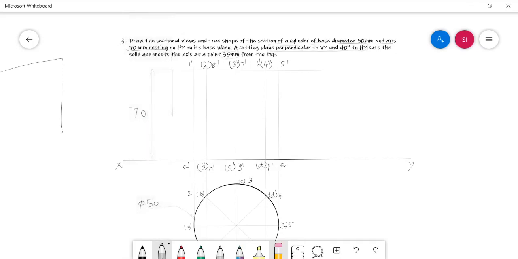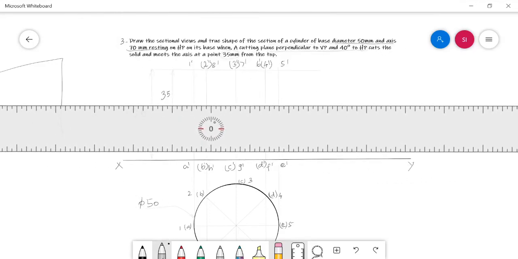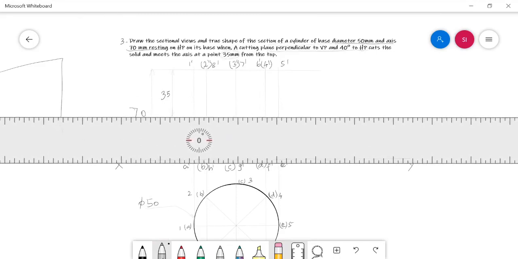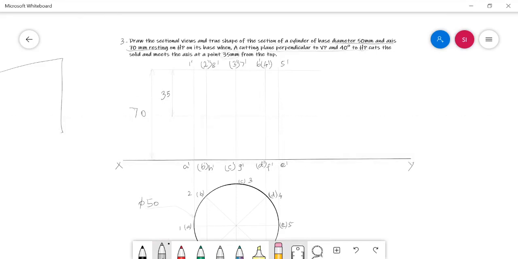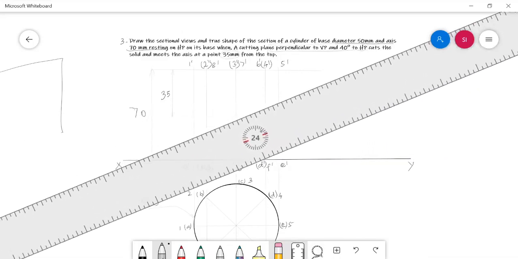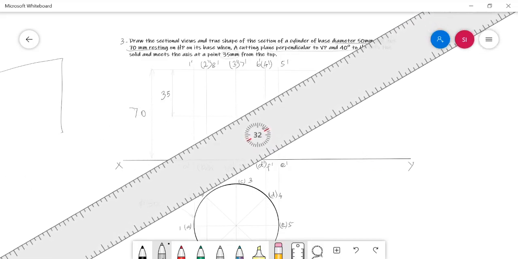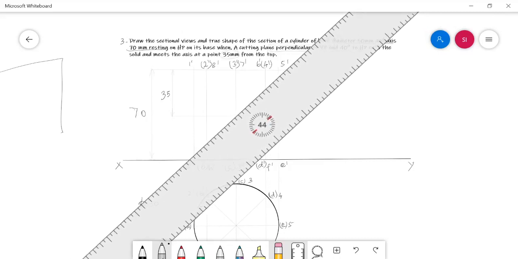And at this point, you have to cut the solid with the given cutting plane, inclined at 40 degree to HP. The cutting plane is inclined at 40 degree to HP, and it's meeting the axis at a point 35 mm from the top at the axis.